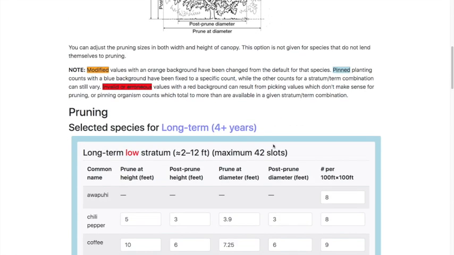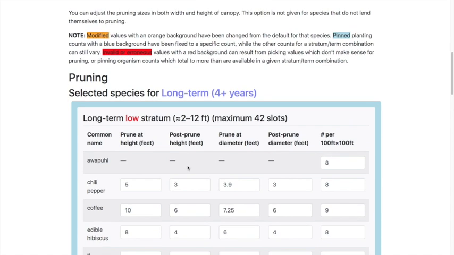Okay, and so when you get to this table, all of these should be white. Now if I modify them and say I want to let my chili pepper grow to 6 feet before I prune it, that's fine. You'll see that is indicated by the orange color. And if I go down in here and I try to make an erroneous choice, it's going to give me a big red box and say, hey, that's not going to work.